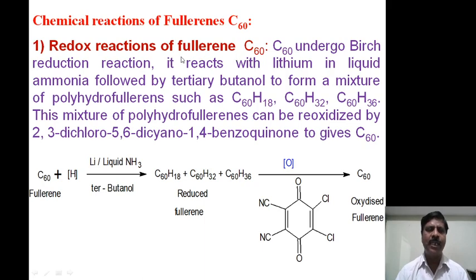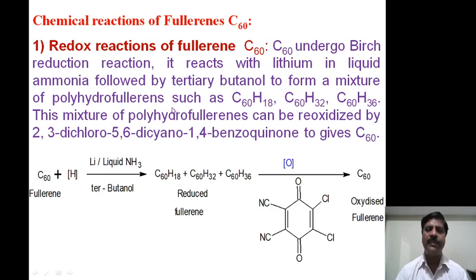Redox reaction is one in which oxidation and reduction take place simultaneously. Therefore, it is called a redox reaction. This C60 undergoes Birch reduction. It reacts with lithium in liquid ammonia followed by tertiary butanol to form a mixture of